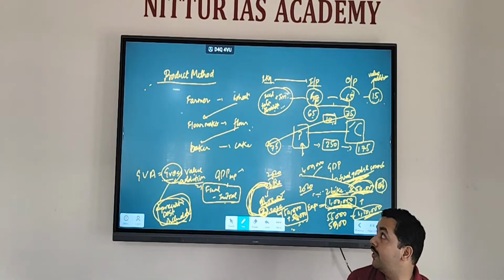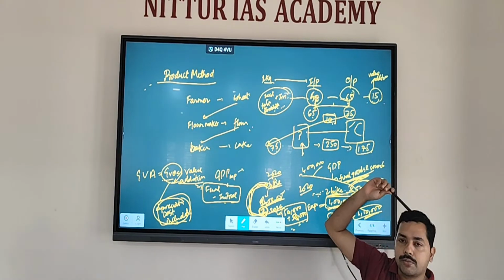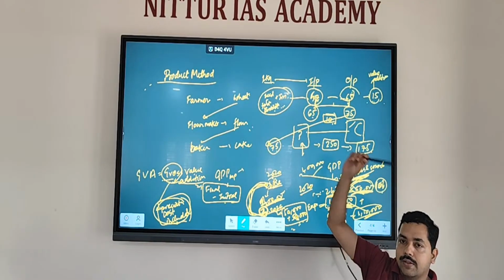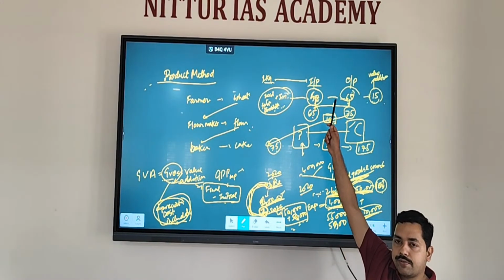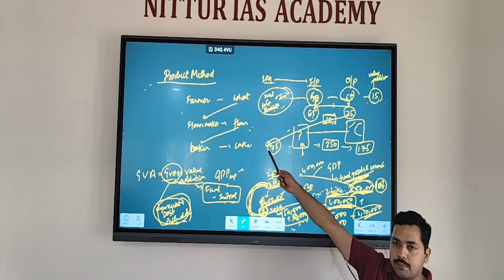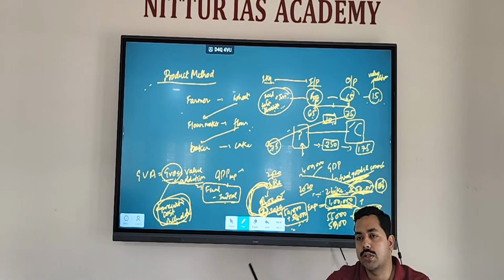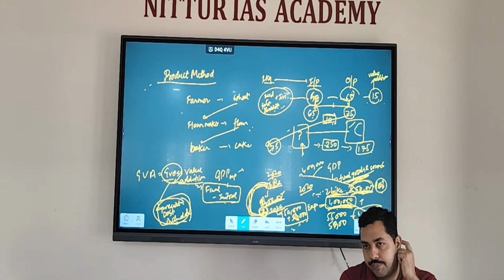No. We are saying that this is initial for the farmer, this is final for the farmer. This is initial for whom? Flour maker. This is final for whom? Flour maker. This is initial for whom? Baker. This is final for the baker. So at each stage you are taking what is initial and what is final. So it will be taken for the baker's final, and at the end when it is,